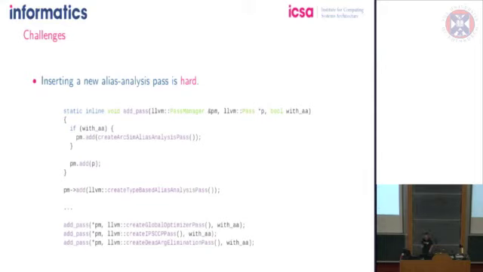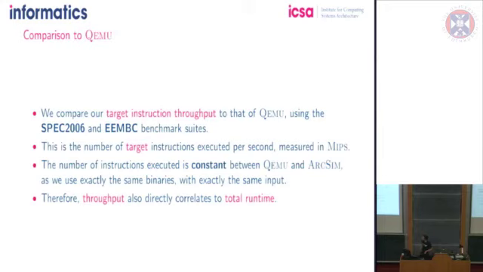So that's actually the only major challenge that we had, other than when I ported the system over from the old JIT to MCJIT. That's another story. But I'd like to compare us to QEMU. We compare our throughput to QEMU using SPEC 2006 integer, because we're emulating an ARMv5 integer processor here,